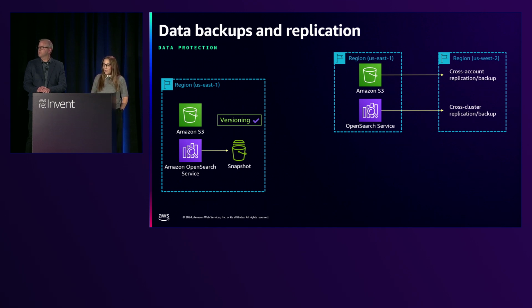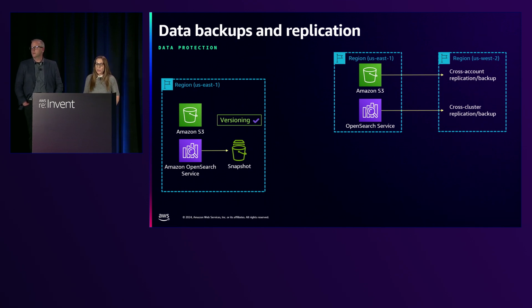So to address this, we want to implement cross-region backups as our next layer of protection. This involves storing copies of your data in a different location, potentially another AWS region. However, for even more robust protection and near real-time data availability, or real-time, we can go a step further with cross-region replication. This strategy involves actively replicating data across our regions. Replication is particularly important for organizations with multi-region disaster recovery strategies and where recovery objectives surpass the capabilities of a